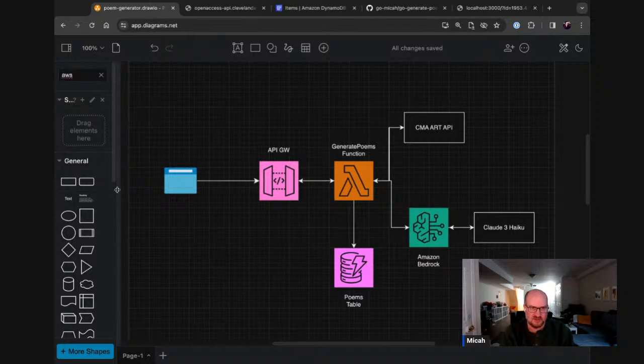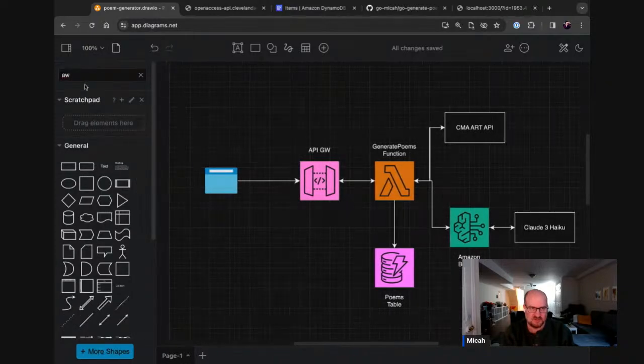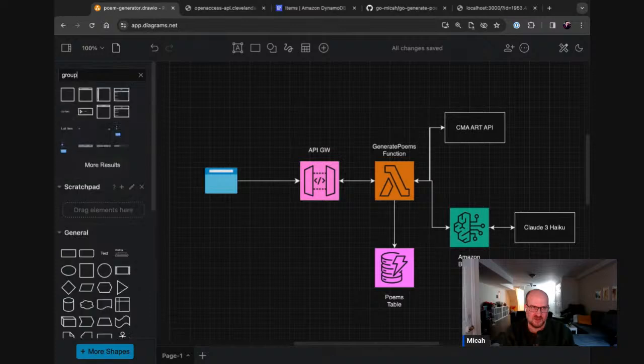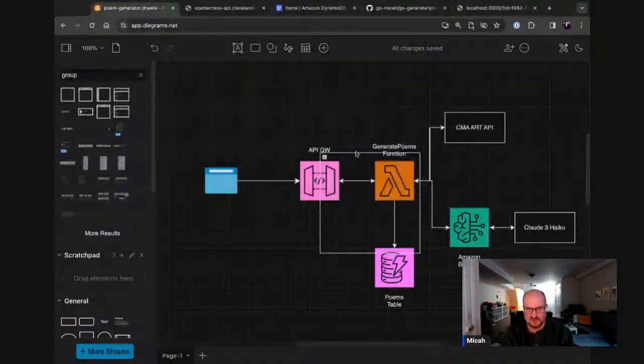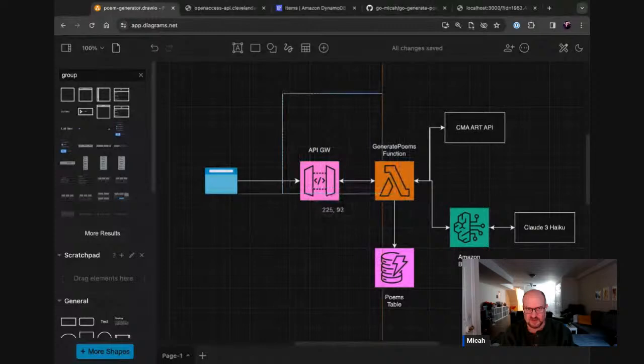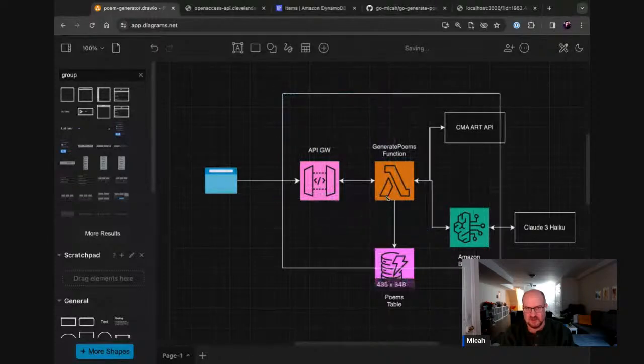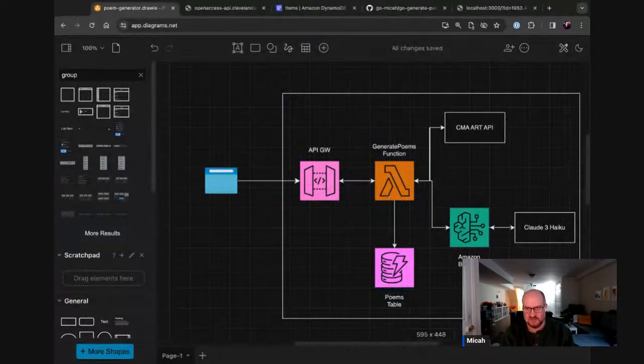Let's create like a boundary group kind of thing to talk about it. Container, that sounds good. All right. Not like Docker, but just a box. All right, so we have this thing now that is our service, right? So this is, for lack of a better word, our poem generation, poem service thingy. But what can we do with it? So I have a couple ideas of what we're going to build with this thing.